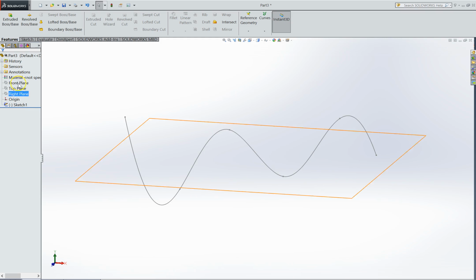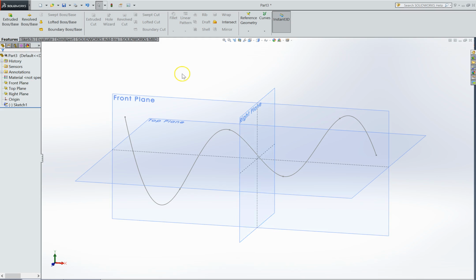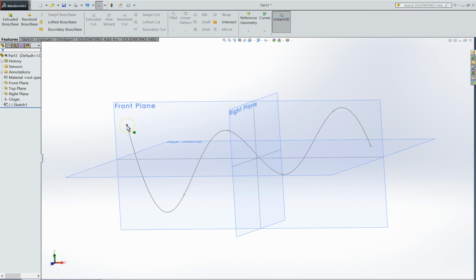Now to do that, I'm going to need a new plane. If I just turn on my planes to show where they are, you'll see that none of them really line up with that end point. I'm going to need to create some more reference geometry. So if I get the reference geometry plane,